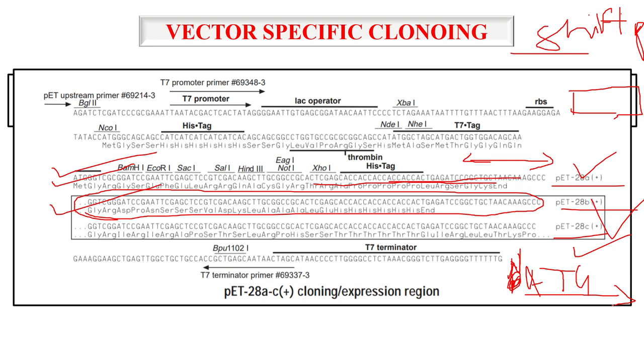So it is very much important to understand the basic difference between A, B and C. So in A you don't have to bother, you just have to go for primers. But in pET 28B vector you have to insert an extra nucleotide, any nucleotide, A, G, C, T, whatever you want, but you have to put an extra nucleotide before the start codon in your primer to maintain the frame, because the frame will change, everything will change. So in pET 28C you have to add 2 nucleotides.